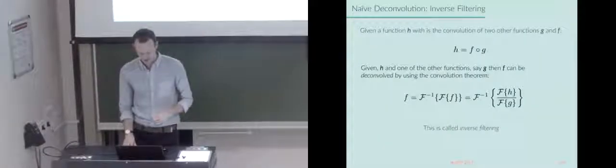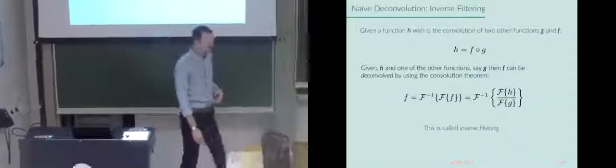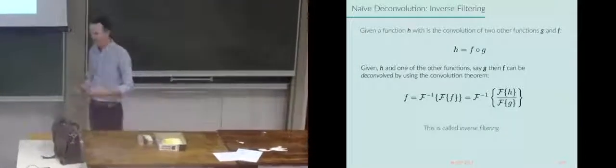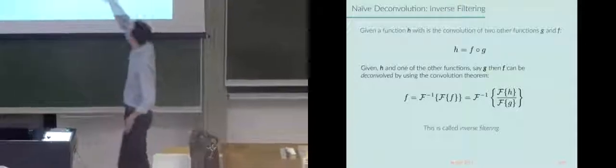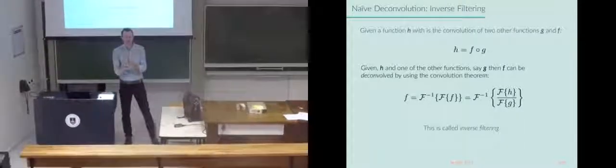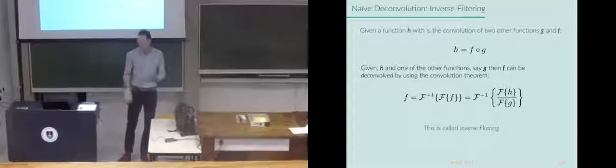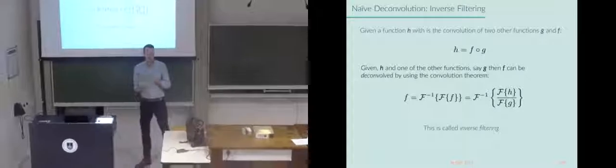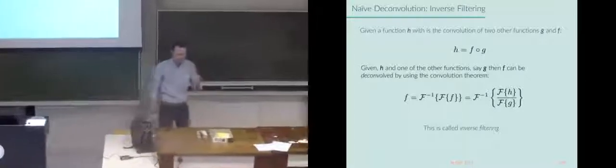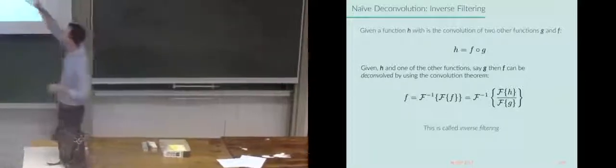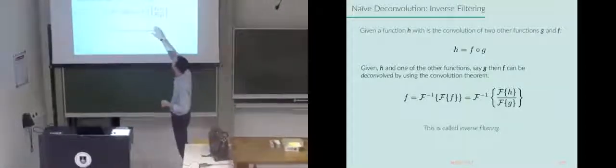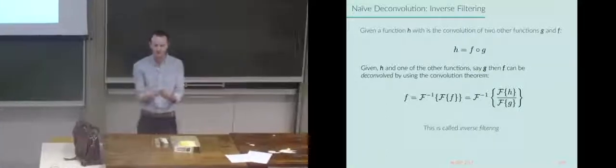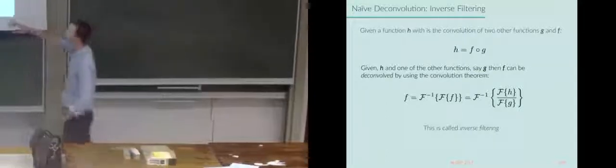That's the challenge. Okay, so the dumbest way you can think about doing this is, well, you know what convolution is. So H is the convolution of some function f and g, right? Very simple. And we know through the Fourier relationship with the convolution theorem that if you take the Fourier transform of H, which is simply the multiplication of the Fourier transform of f with the Fourier transform of g, you can rearrange it and whatnot.